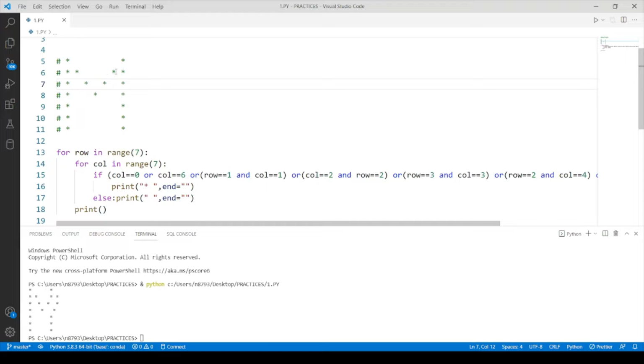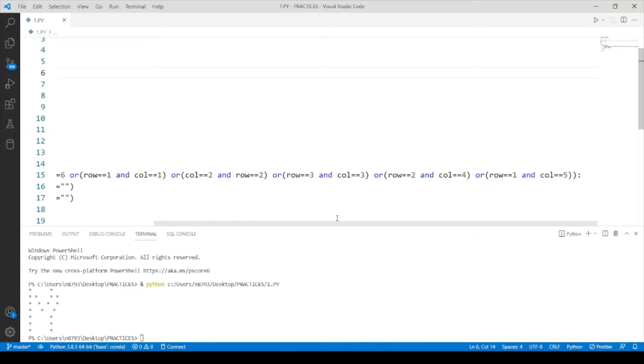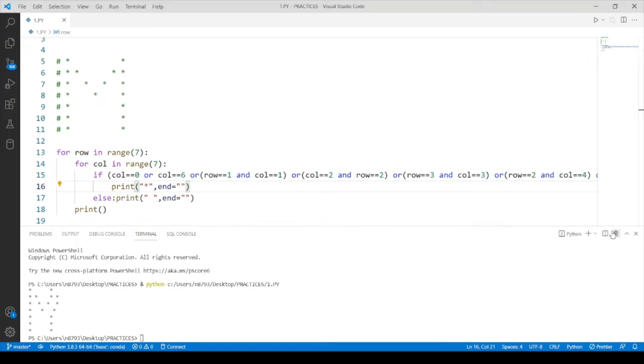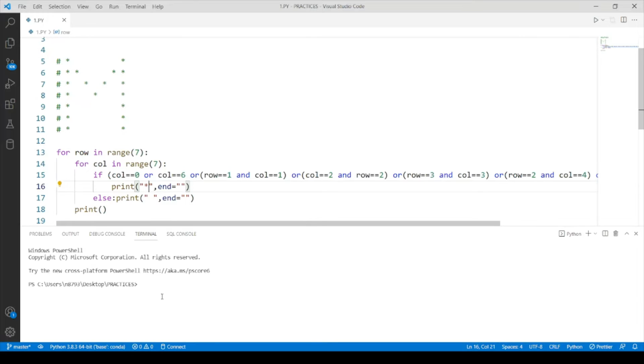If row is first and column is fifth, then this star. I think I made a mistake here: I had put the space. Let's start with a fresh terminal. Yes, you can see we are getting a perfect M pattern.